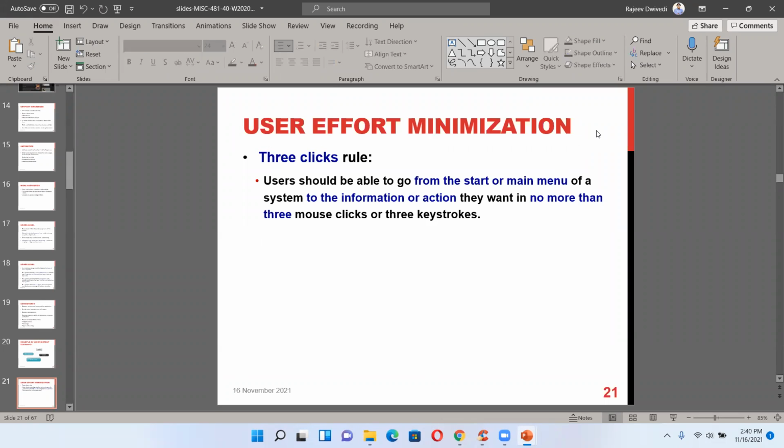So this is a principle: if I'm going on Amazon.com, whatever I need, I can get it done within 3 clicks. So minimum effort. This is the principle every user interface designer must follow.